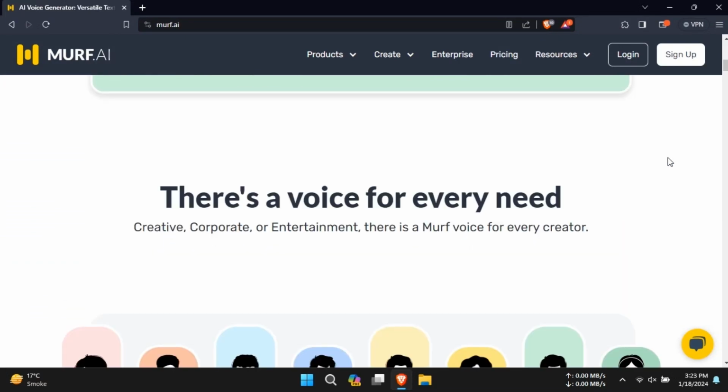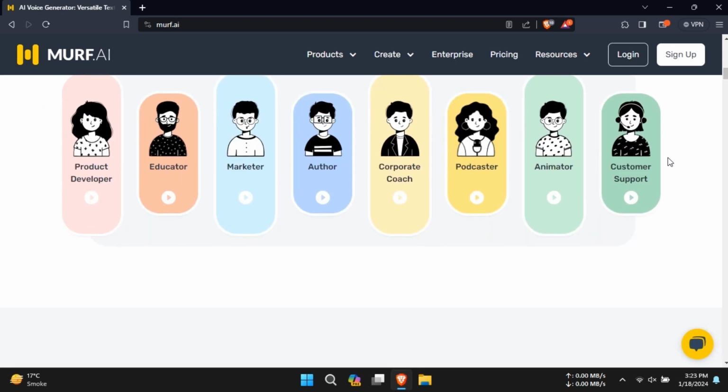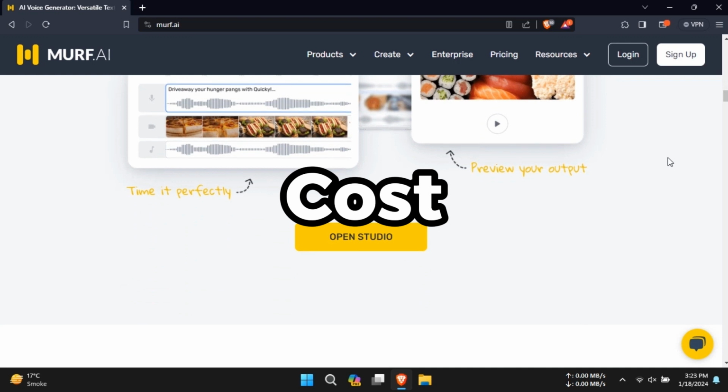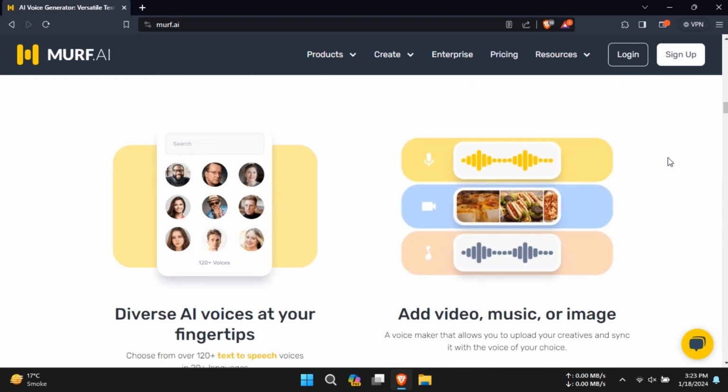Today, I'm diving into Murf AI, a text-to-speech and voiceover tool that's been creating quite a buzz. I'll break down everything from its cost to its coolest features, so you can decide if it's the right tool